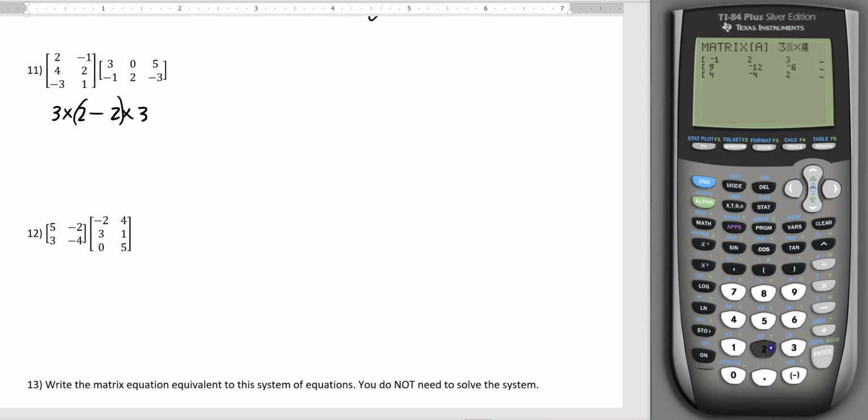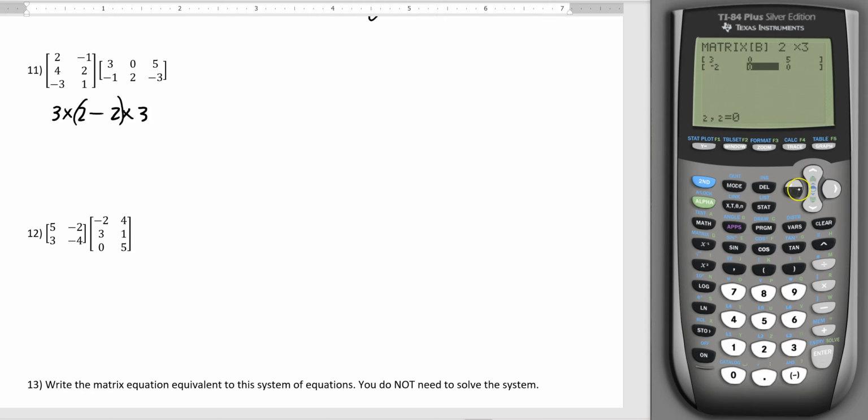It is a 3 by 2 matrix of 2, negative 1, 4, 2, negative 3, and 1. Excellent. And let's do matrix B here, which is a 2 by 3: 3, 0, 5,